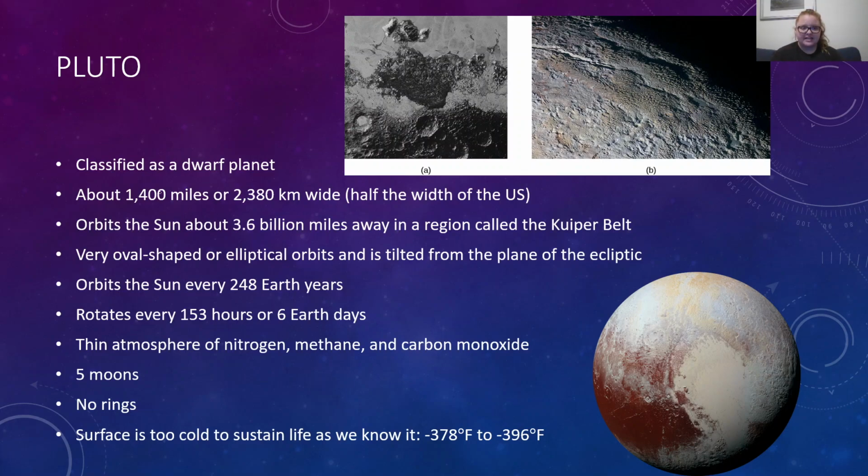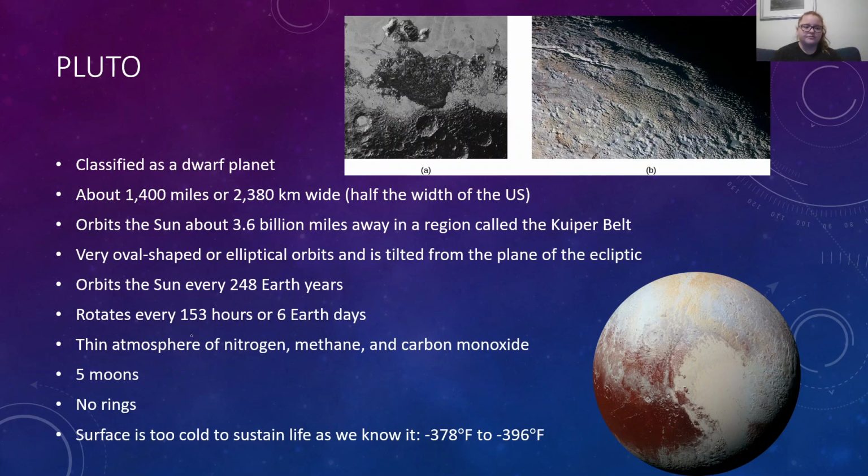And this dwarf planet is about 1400 miles or 2,380 kilometers wide, which is about half the width of the United States. It orbits the sun about 3.6 billion miles away in a region called the Kuiper Belt, and we'll talk about the Kuiper Belt a little bit later. The orbit is 248 Earth years long, and it rotates every 153 hours or about 6 Earth days. Okay, so it's very slow